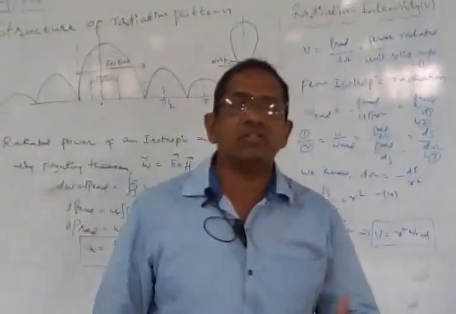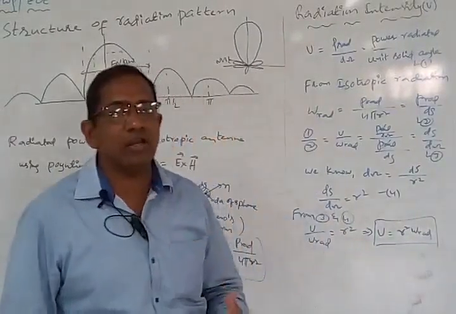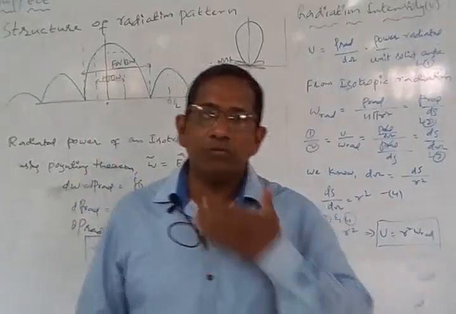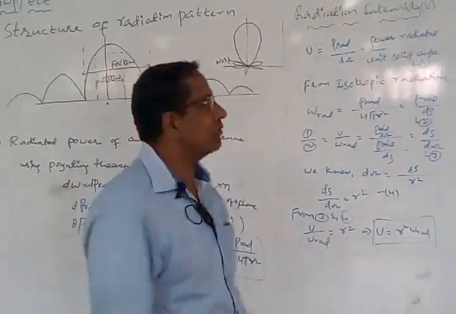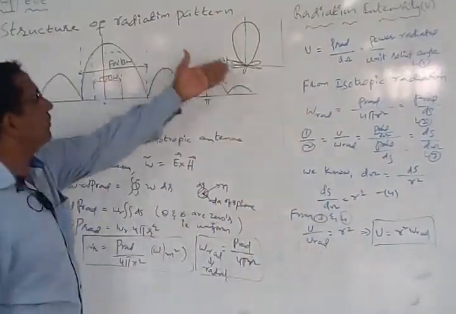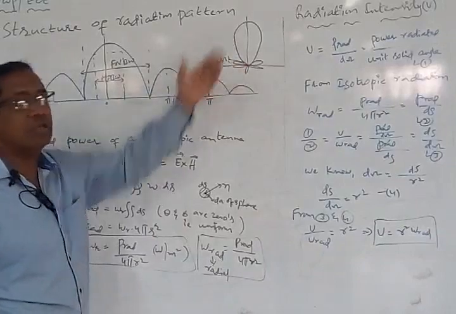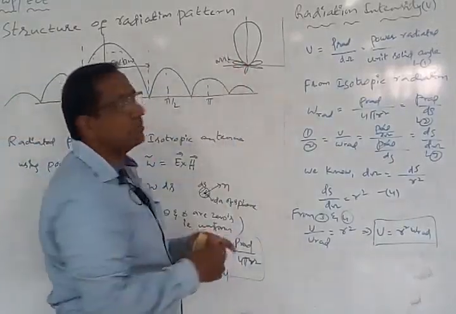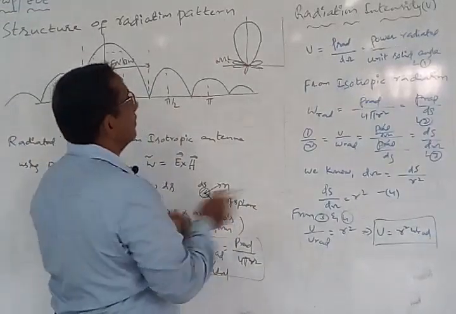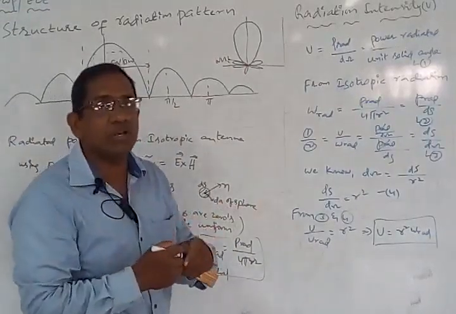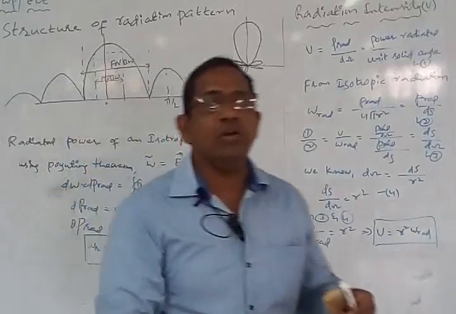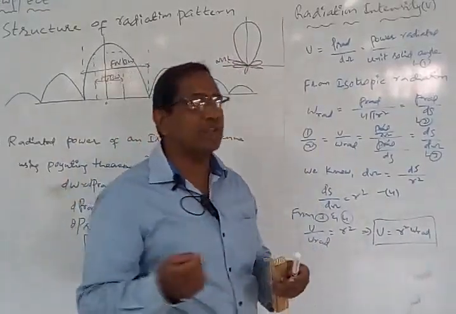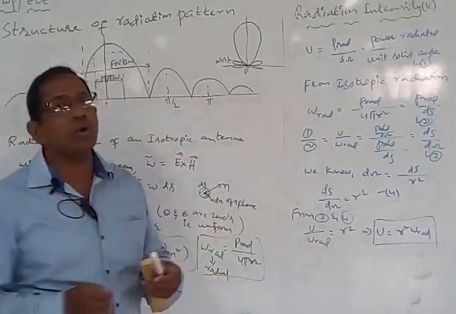Now we already discussed that the radiation pattern of an antenna is something like the expansion of a balloon when you fill air into the balloon. So it is also going to be like that when you really look into this in a three-dimensional plane. Now you can imagine this particular radiation pattern is going to exist in the spherical coordinate system. Always the radiating antenna and transmitting antenna are assumed to exist in the spherical coordinate system.